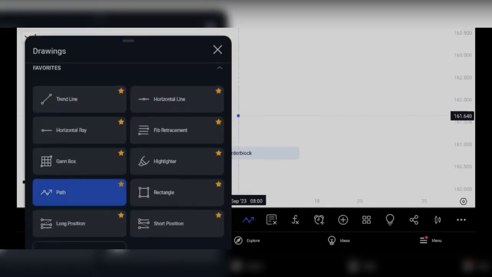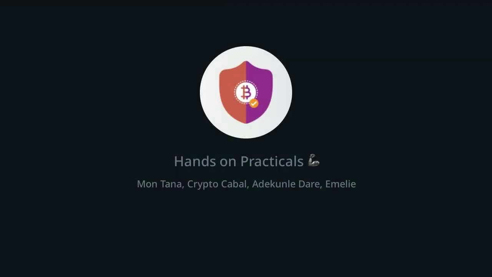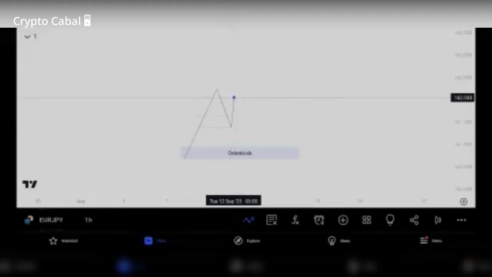And now what we expect is, this is a bullish order block, and we expect that when price moves upward, we're expecting that price would come down to